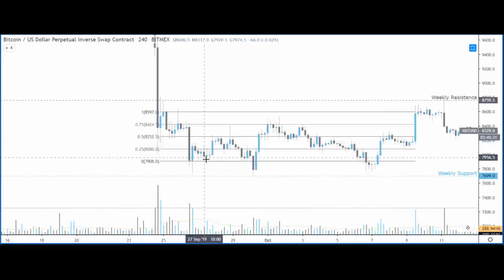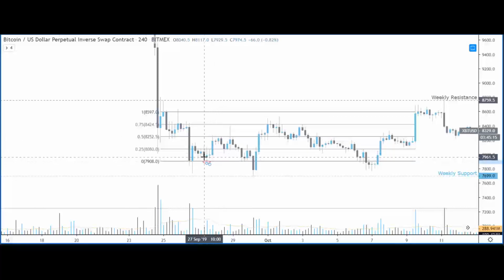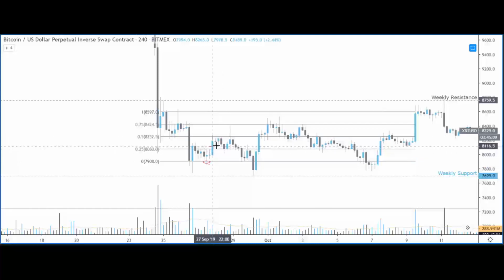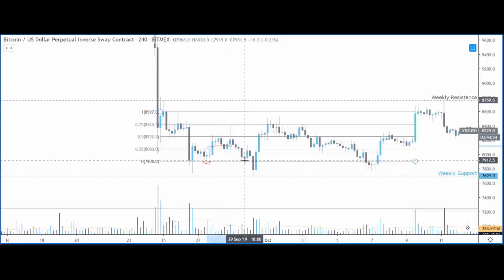Essentially what I would do here is, to be able to manage risk, buy this retest, first looking for the middle of the range to trade this with, and take profits here and move my stops. I would essentially be doing that on a lower time frame, but I would have stops here where I would get stopped out. I would see a deviation of the middle of the range, a retest of the middle of the range would be another sell, and I would be taking profits at the bottom of the range, opening another trade here,